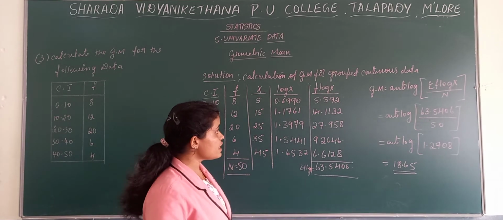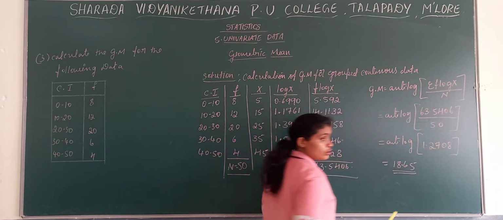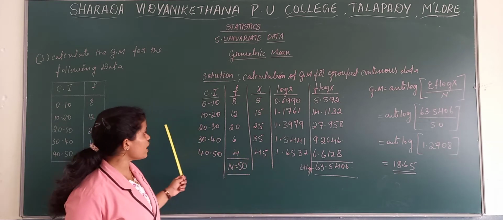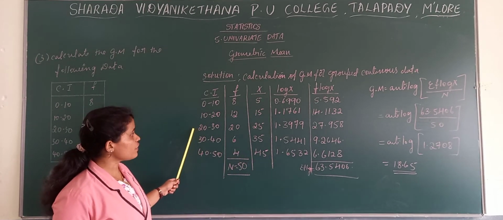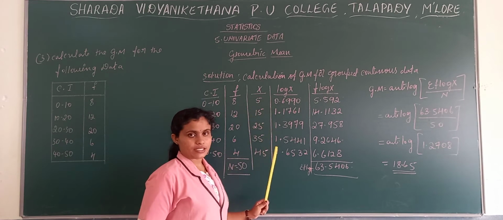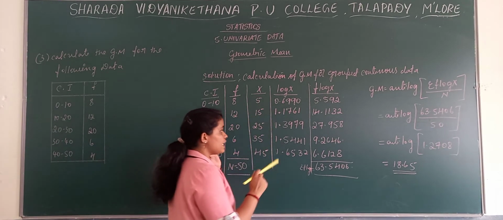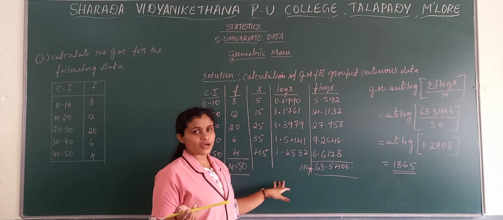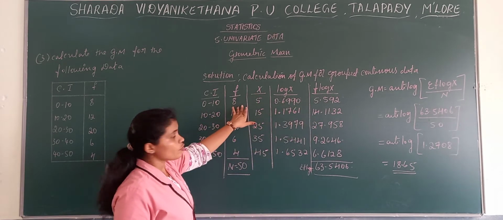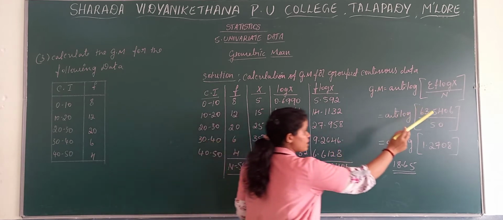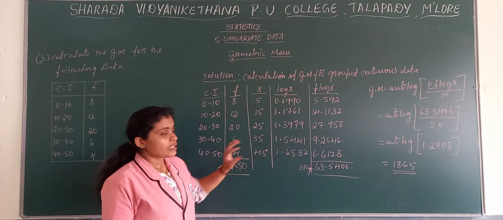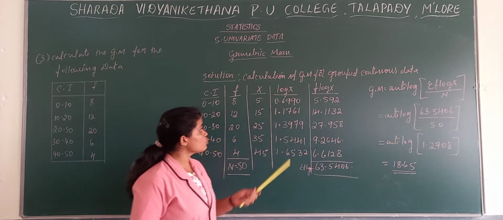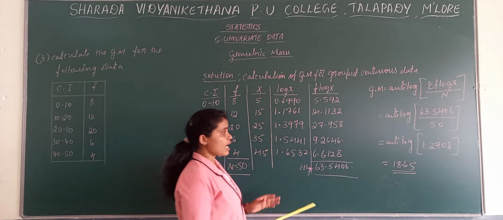So firstly you write the formula, then you will get to know you require the x series. X series are nothing but the mid values of the given values. Then log of x: firstly write the characteristic, then the mantissa. After writing log of x, multiply that log with the frequencies. Then total the value and divide by n. As I said, the calculation procedure is easy, but you should know how to find the log values and the anti-log.